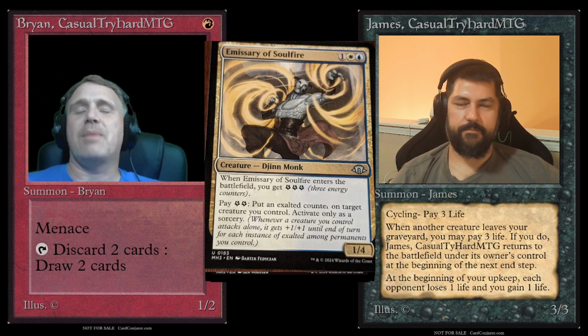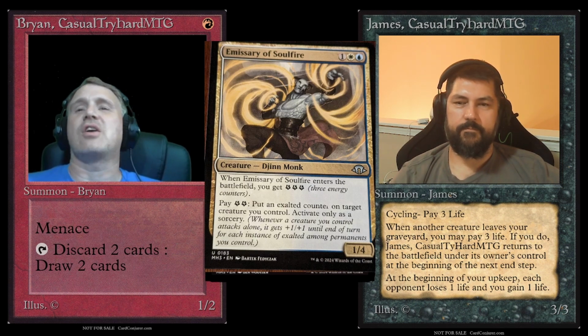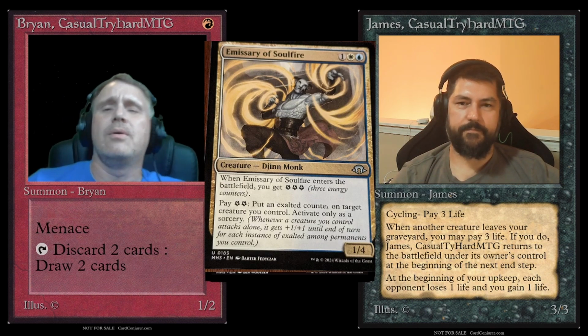Yeah, I'm gonna put it on my 0/4 wall that I'm using to hold around my flyers, and then I'll put it there. So you've got to kill my flyer because it's gonna kill you, and then I'll attack with my next thing on the ground that's gonna get +4/+4. Yep. So, yeah,